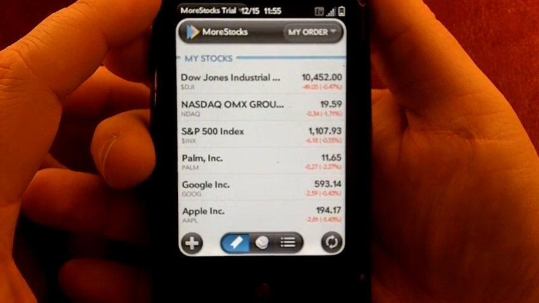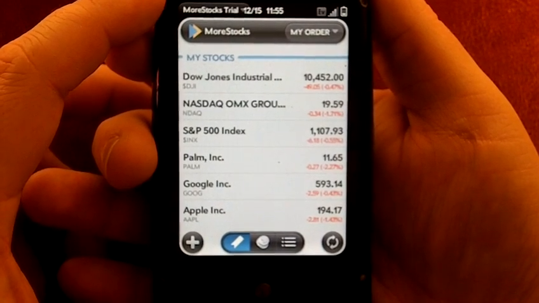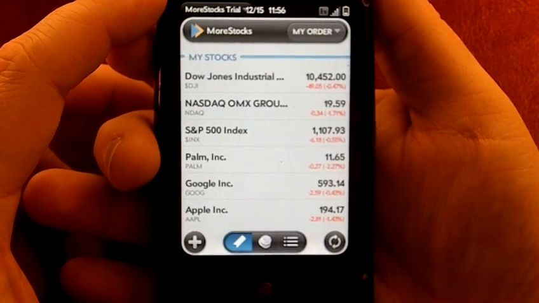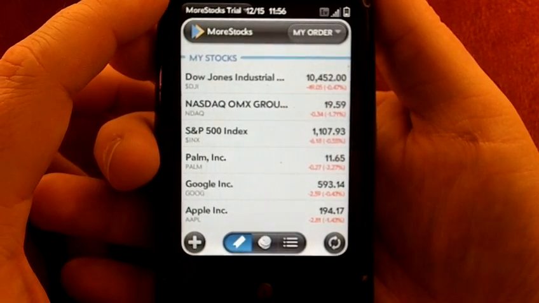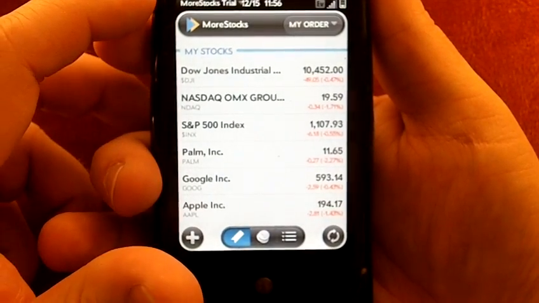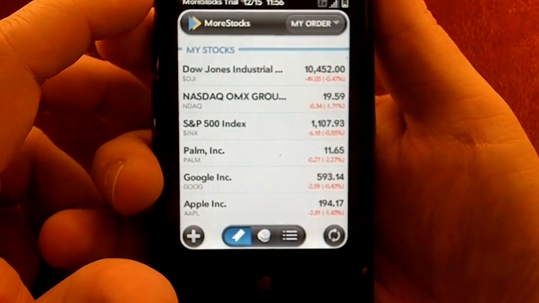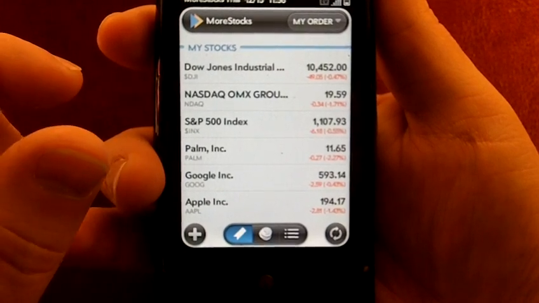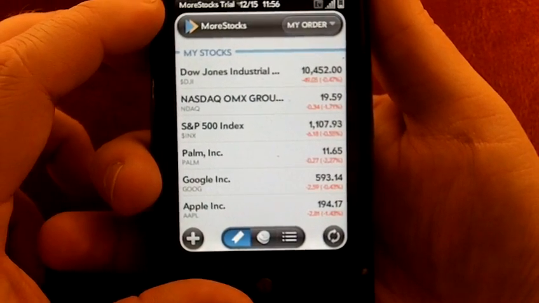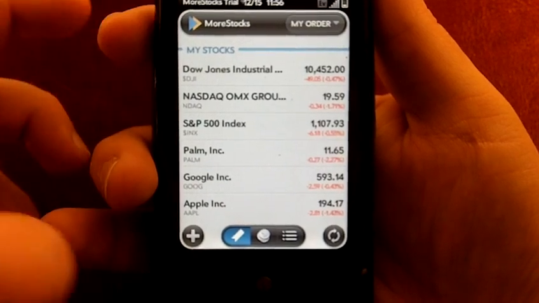Today I'm going to be taking a look at MoreStocks by More Solutions. This app costs $4.99 on the app catalog. Its goal is to give you as much information as possible concerning financial transactions, stocks, bonds, even news of the day. It does this very, very well, but it is a lot of information. So if you're not really into financial vehicles, you barely pay attention or whatever, then it's probably not the right